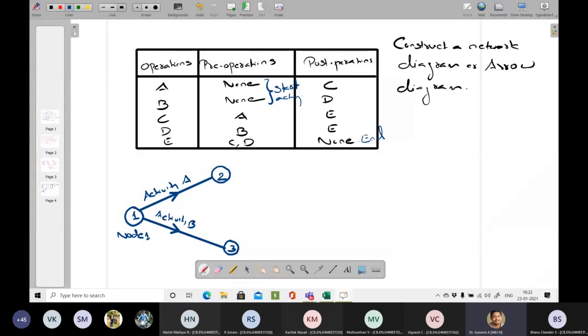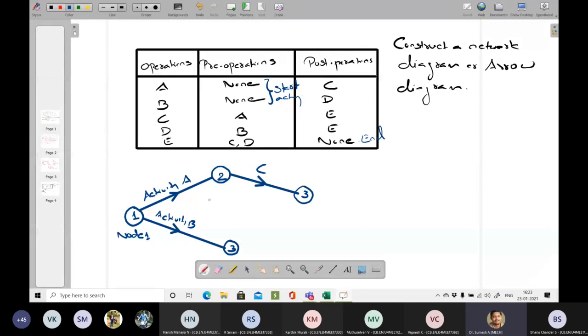Now you can see, as per the given condition, A and B are the start activities. If I want to start activity C, activity A has to complete. So from the termination of node number 2, or termination of activity A, I can start the next activity, called activity C. So this is node 3.